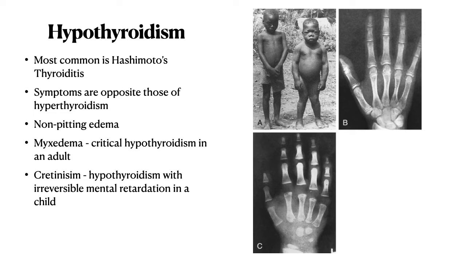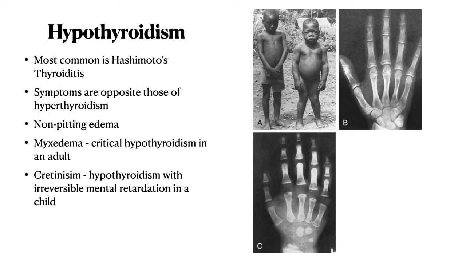So for hypothyroidism, the most common cause is Hashimoto's thyroiditis. In Hashimoto's thyroiditis, there is autoimmune attack of the thyroid gland, and this attack from the immune system on the thyroid gland leads to destruction of the thyroid gland and its thyroid follicular cells. Initially, once the inflammation of the thyroid gland is severe, there will be leaking of the thyroid hormone into the circulation. So early on in the disease, the patient will have